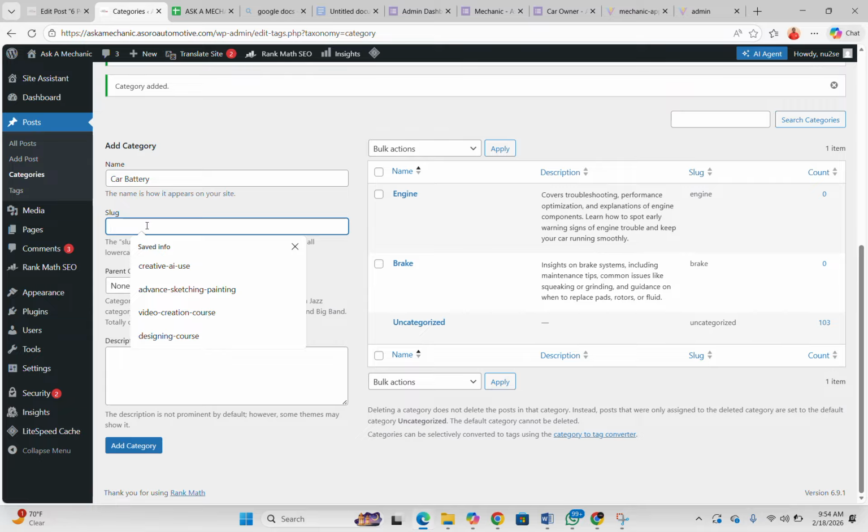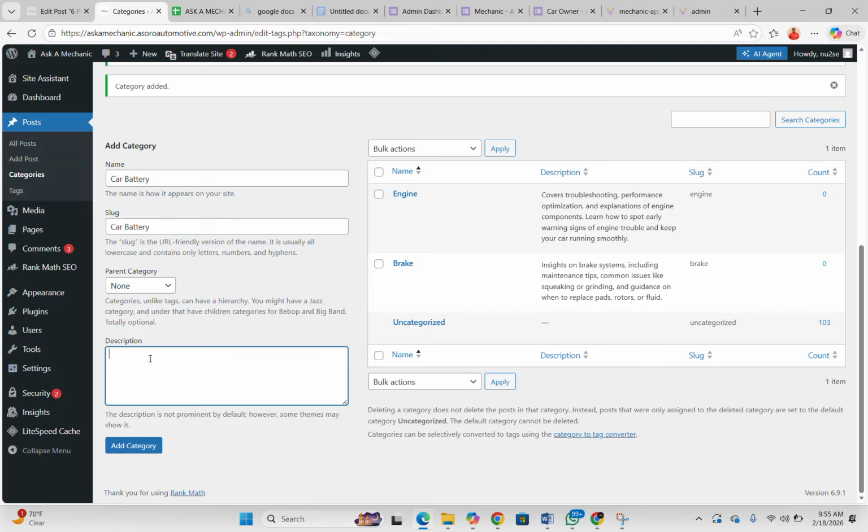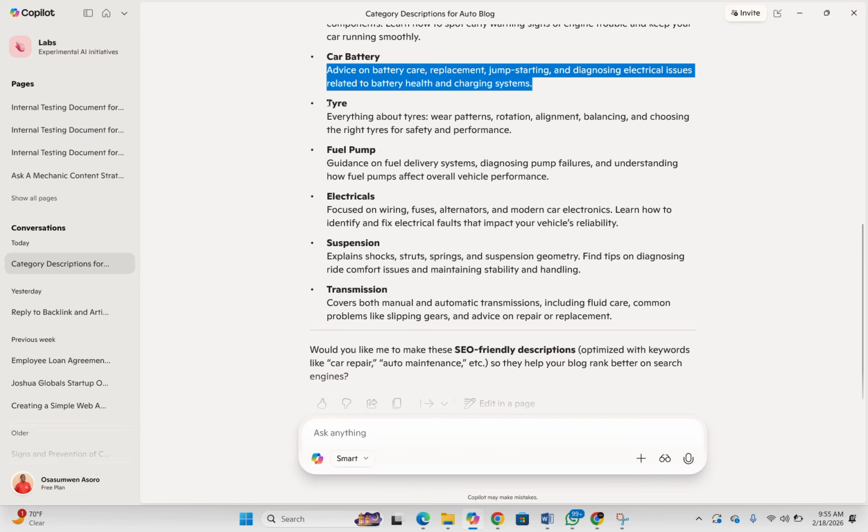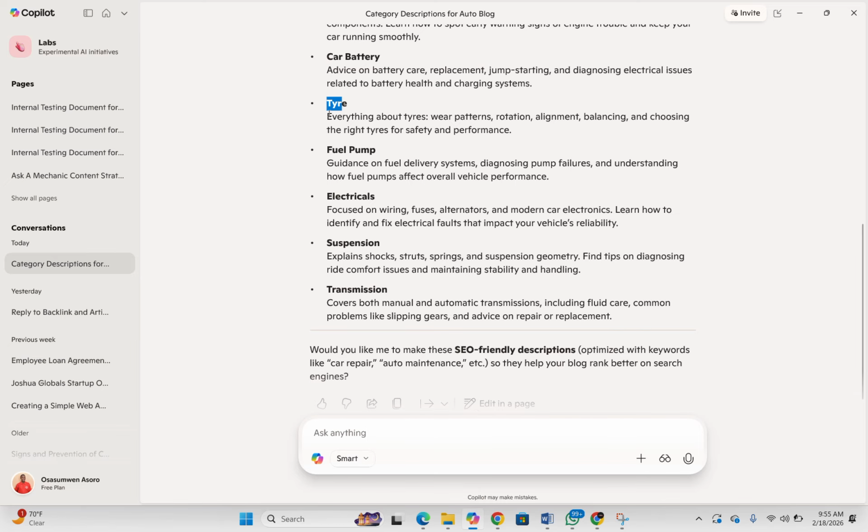So the same car battery. Yeah, we have the next, which is tire,